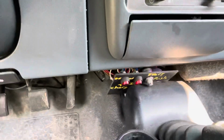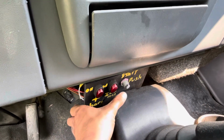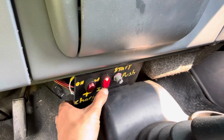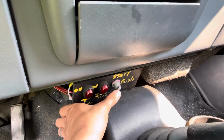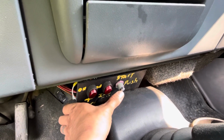So since we have not finished the body wiring, we have our little mount here, and essentially just a push to start. This switch is relayed, and when we flip it, it kicks on the fuel pump, the ignition, and everything. The TFI wire is wired into the backside of the push button start. So while you're holding the start button in, it will alter the timing to allow the truck to start